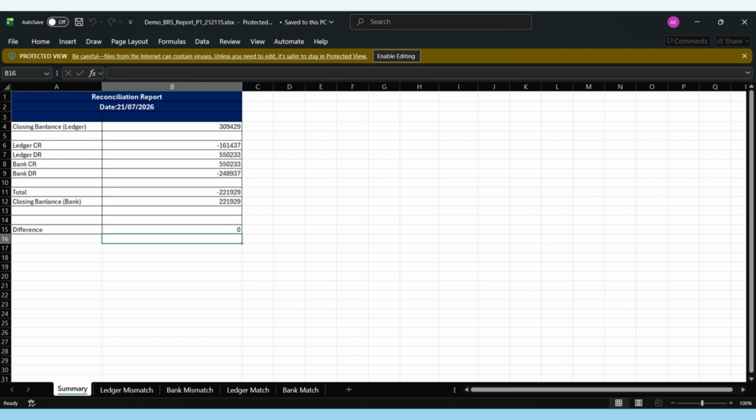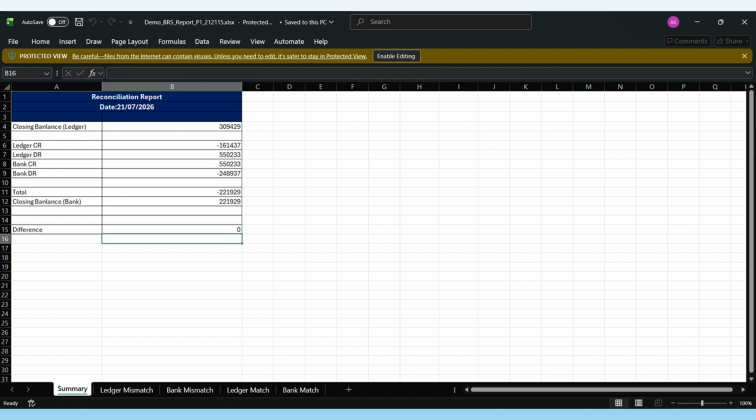As you can see, it contains key reconciliation figures. The closing balance as per ledger is shown as 309,429. The total ledger credits are negative 161,437. The total ledger debits are 550,233.